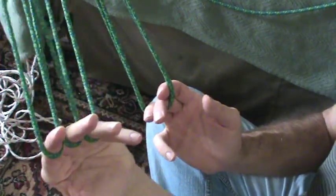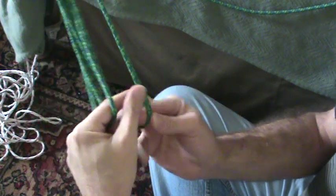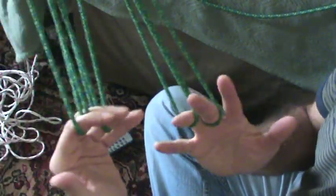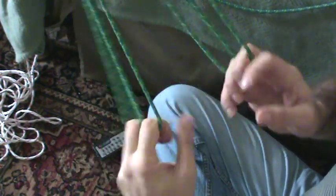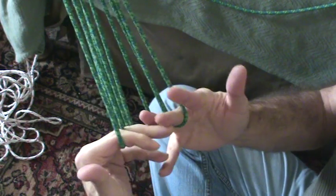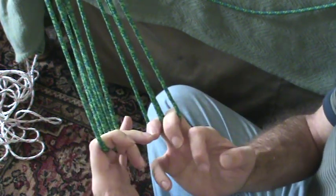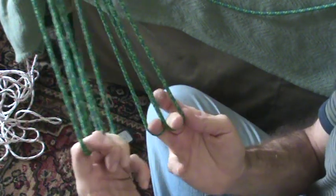And so on this hand we've got one on the index, one on the middle, one on the ring. The other hand we're going to put one on the middle, one on the middle, and one on the ring. Okay? Now the very first, got to get those loops even. If they're off balance, if you got one longer than the other, this is really, really hard to do. So get them perfectly even, okay? So the first move we're going to do,